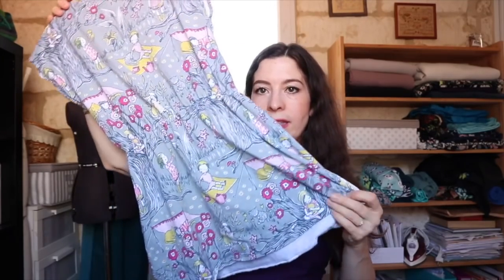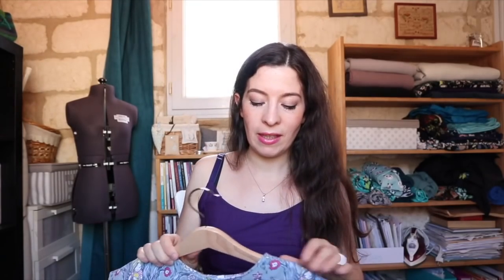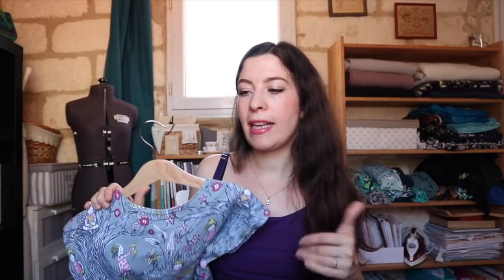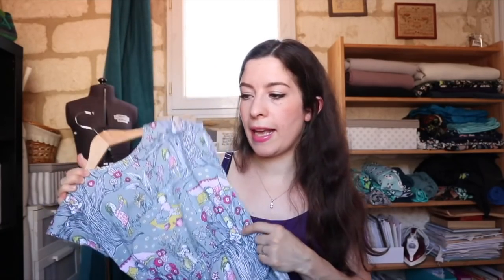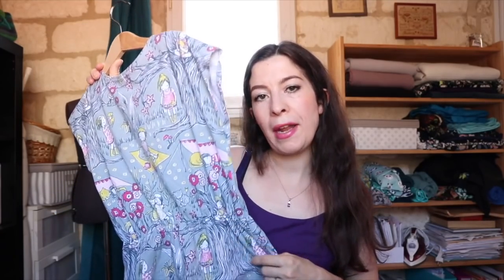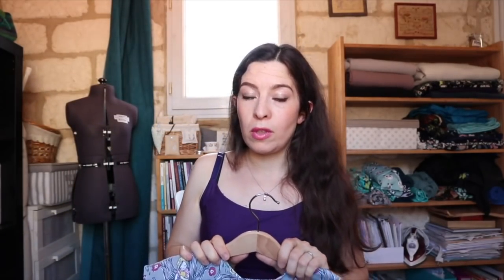So I did lengthen this by quite a few centimeters so that it wouldn't be too short, and so that she could get a couple of years of wear out of it. But I remember the 5-year version, the first time I made it, was super wide, and it didn't cinch her in at the waist at all. So I did have to rip out the elastic and redo it, and in the end I think I cut out a 50 centimeter length of elastic, which is, if you look at the table of measurements on the pattern,